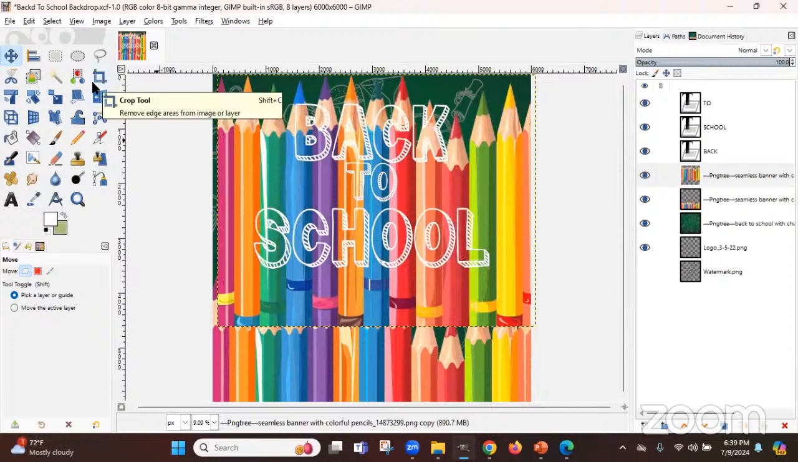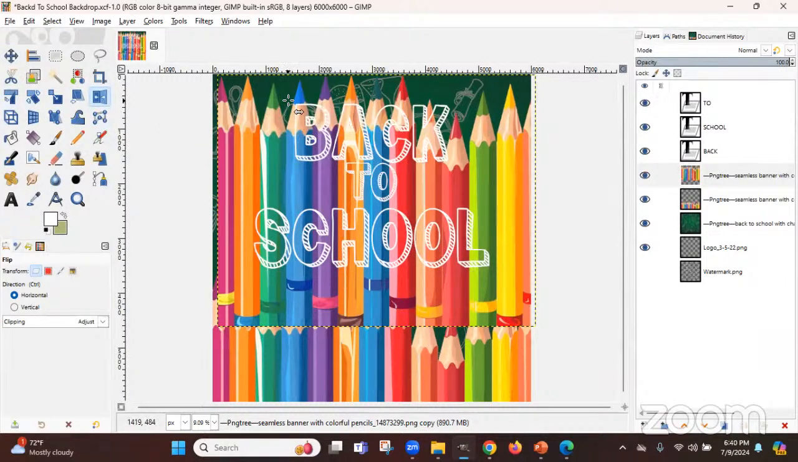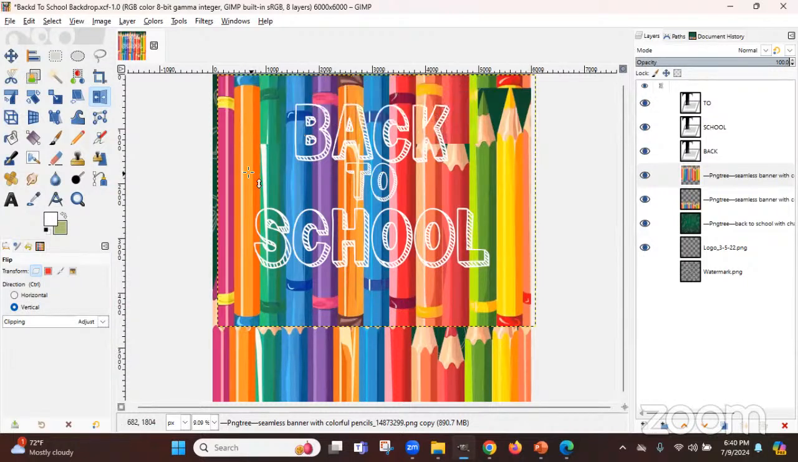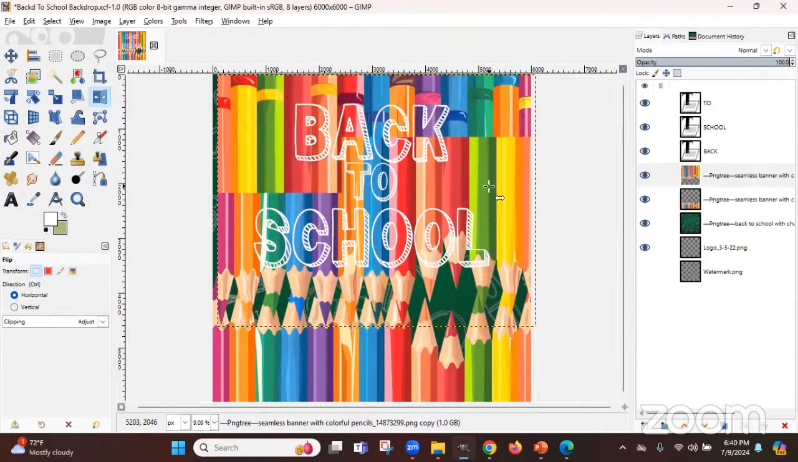So to flip, we're going to use our flip tool, which looks like arrows pointing away from each other, kind of like a mirror. Click on that. And we want to flip vertically. So in our tool options, we need to make sure that vertical is selected and then click on it. So there's the mirror image, but I also want to flip it horizontally. So I'm changing to horizontal and flip it again. So just click,